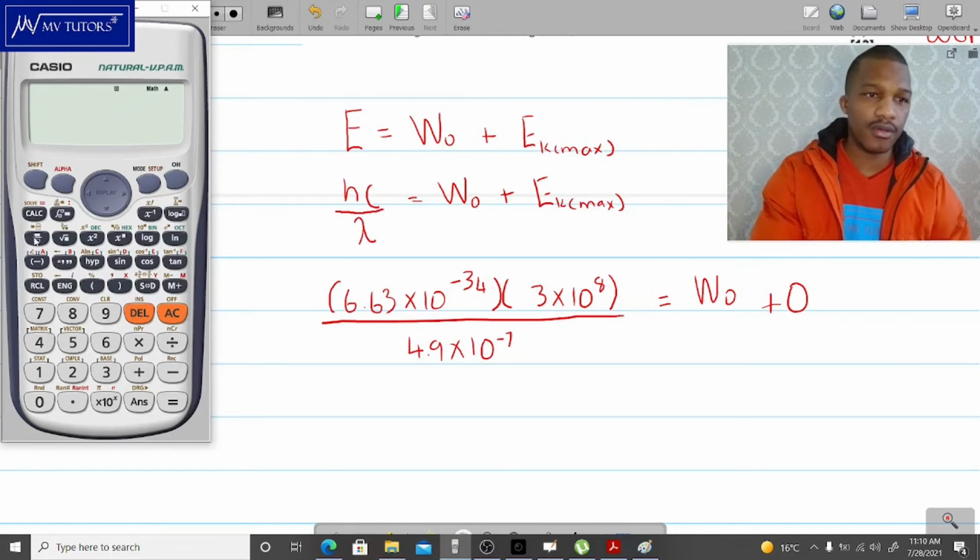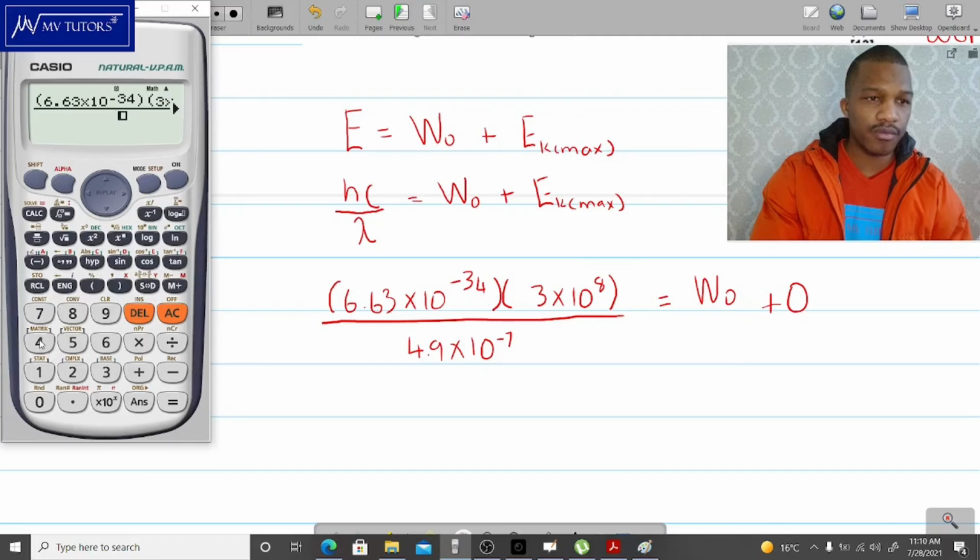Okay, so we're going to put that, open the bracket, put it exactly as it is, 6.63 times 10 to the power negative 34. And then we need to come down, close the bracket, open another one, and say 3 times 10 to the power 8, and then come down, close the bracket,